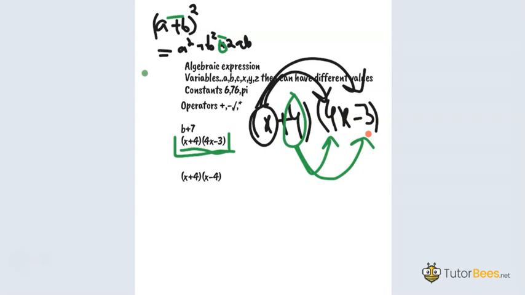Yeah, I got it. So x being multiplied by 4x and 3 separately, means these black arrows are telling you that x is being multiplied by the second expression, that is 4x minus 3. Okay? And these green arrows are telling you that 4 is multiplying by the second factor, that is 4x minus 3. Okay, so let's simplify these now.